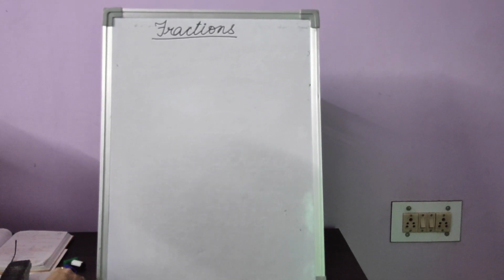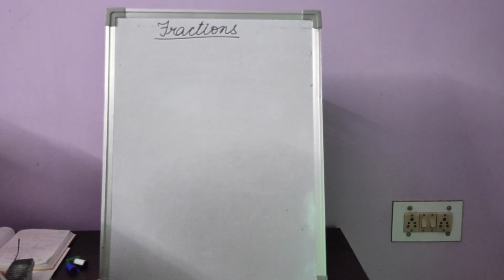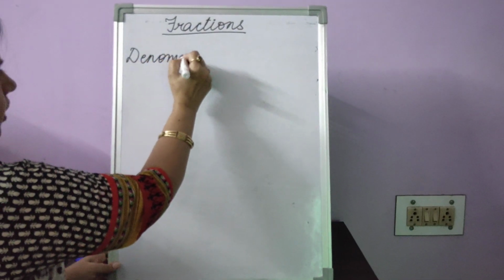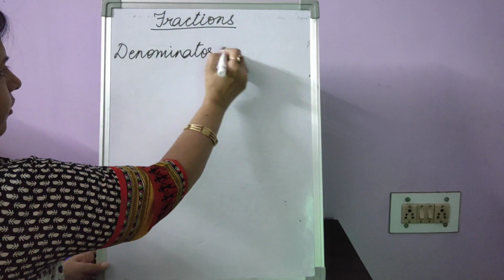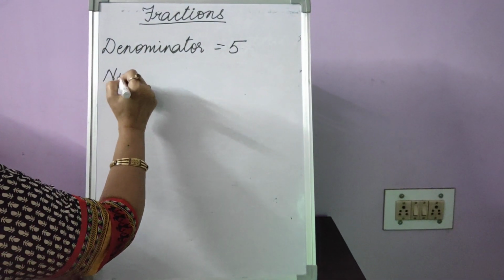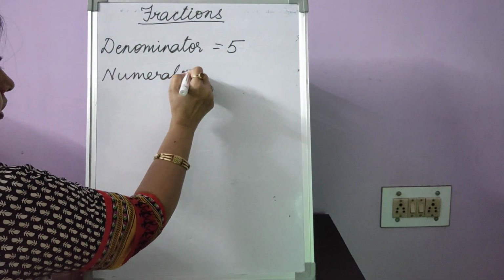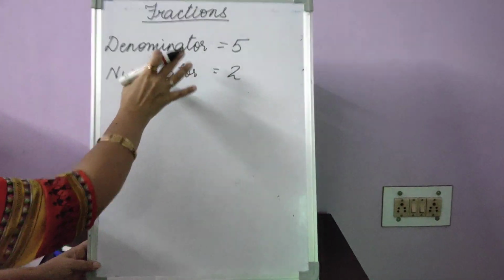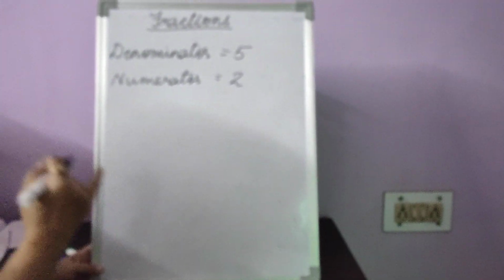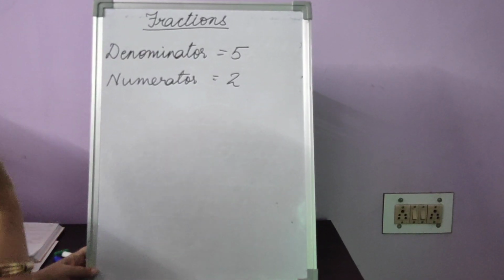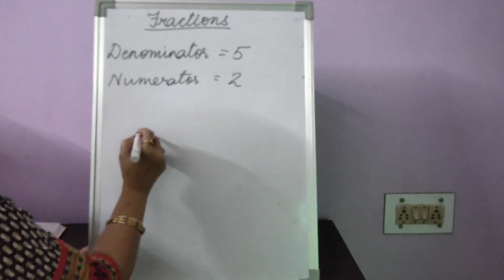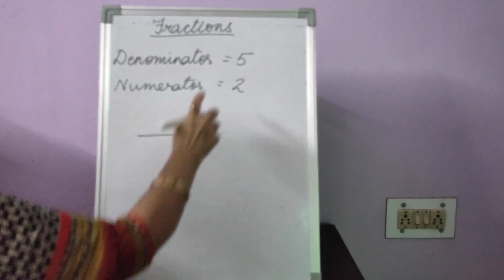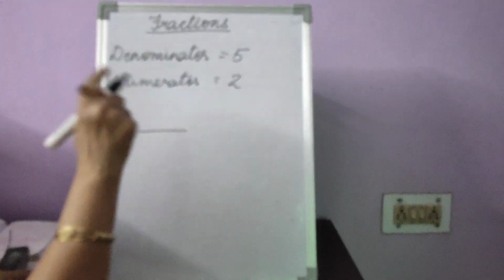In the same way, children, you will also be given work in which, suppose I tell you, write a fraction in which the denominator is 5 and numerator is 2. Now see, I have said denominator first and numerator after only in words, but when you write it in your notebook, you should know that the denominator always comes down. So first of all, when you write a fraction, draw the fraction bar, denominator, D for denominator, D for down.